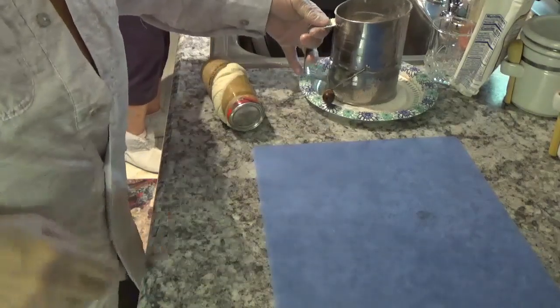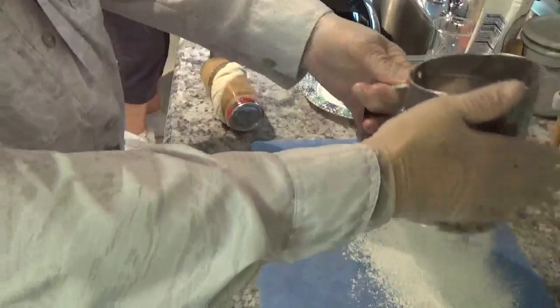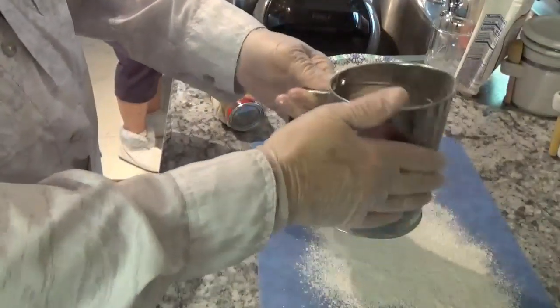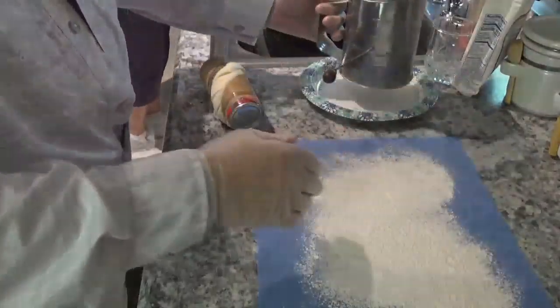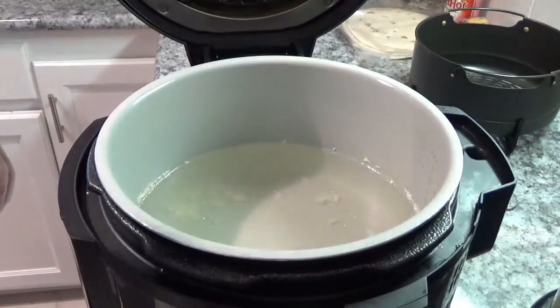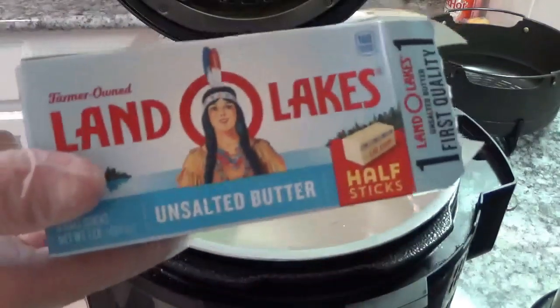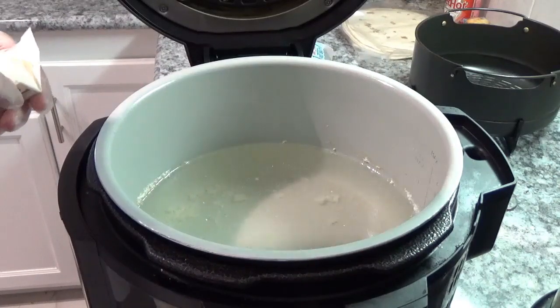Start making my dumplings. First thing I'm going to do is take this cutting board here and sprinkle some flour on it out of my sifter. If y'all ever watch most of my videos, you know I like to sift all my flour. Okay, and in the meantime, while I'm getting this dumplings ready over here, I'm going to take this Land O'Lakes butter here. I've got this hash stick,